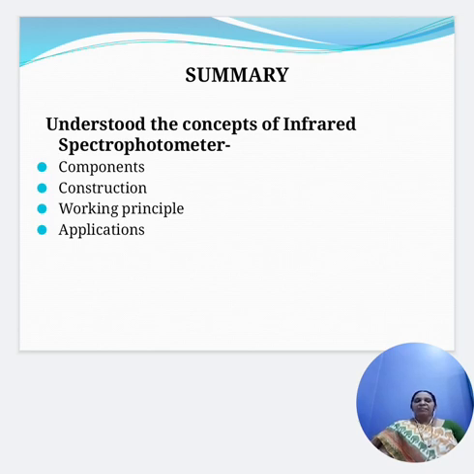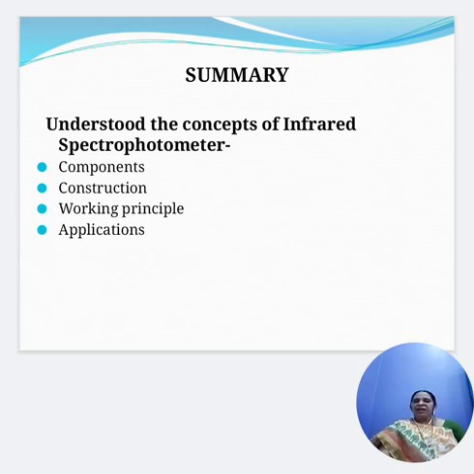Then we have the mercury arc lamps, which produce radiation in the far infrared region. They are made of quartz, and a high pressure mercury arc is used inside. These devices consist of a jacketed tube containing mercury vapor at pressure greater than 1 atmosphere. Then we have the tungsten filaments, which work well in the near infrared region of 4000 to 12,800 centimeters inverse.